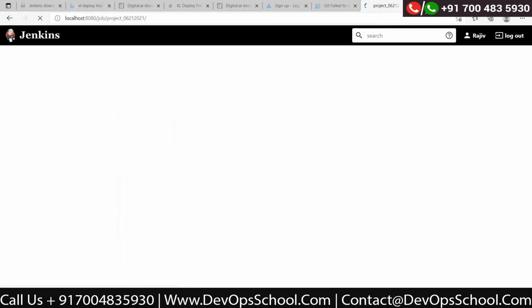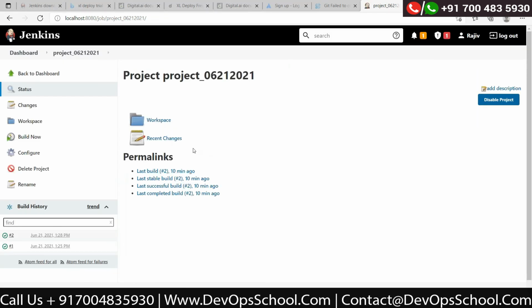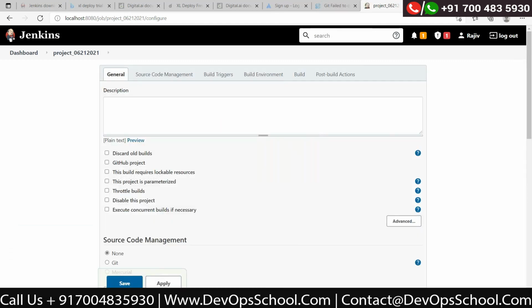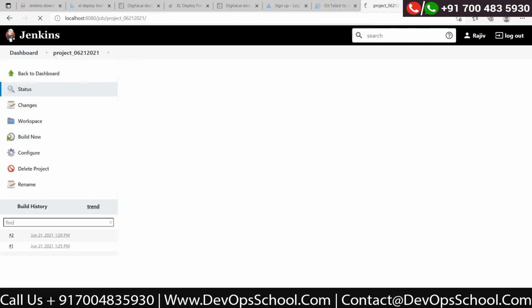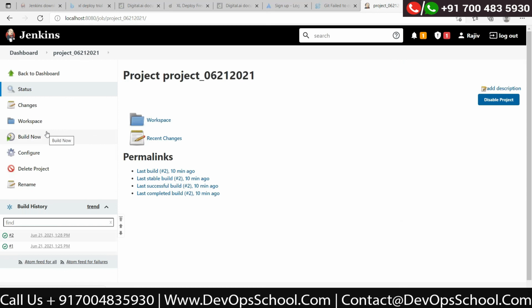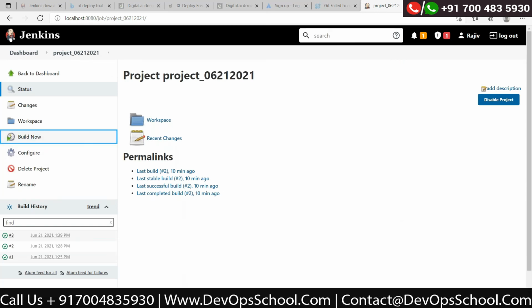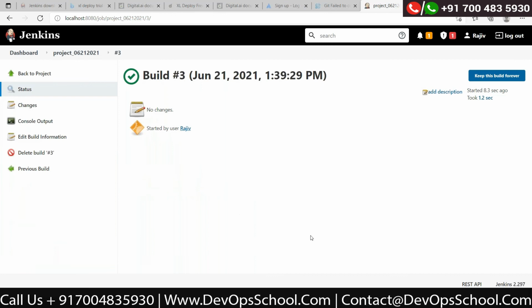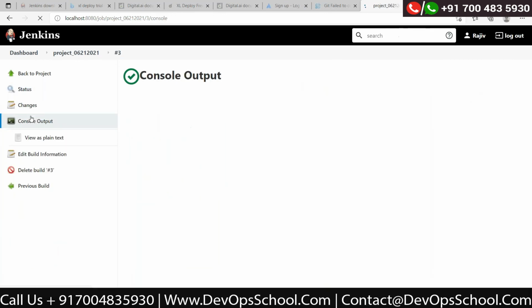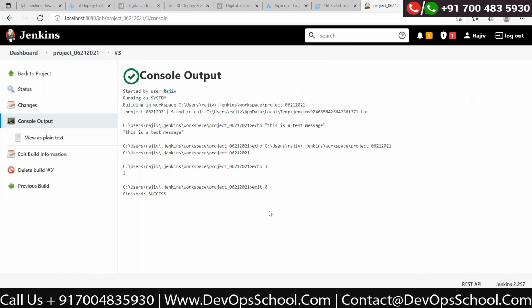The configuration has been done, and it's time to run the job. The third build, I think, is a success. Yes, console output.